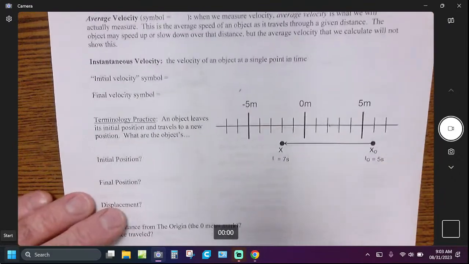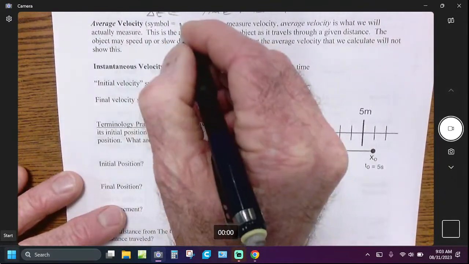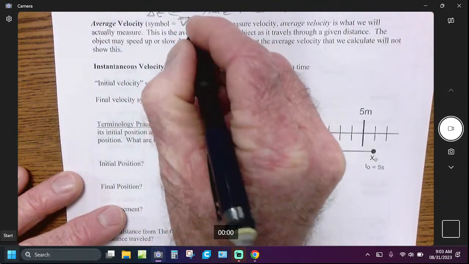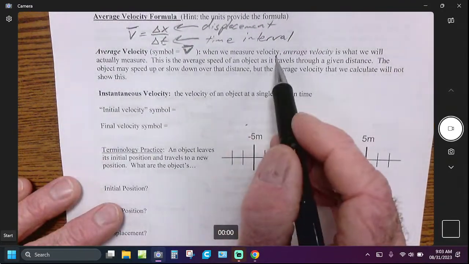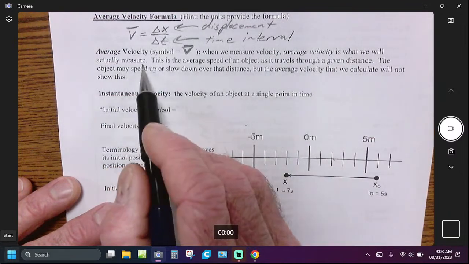All right. So average velocity, I already put the symbol up there. It's v with the line over it, but not always. When we measure velocity, average velocity is what we'll actually measure. You can't